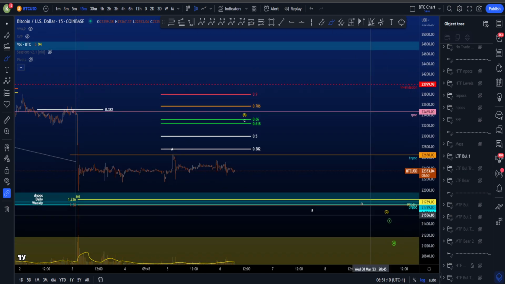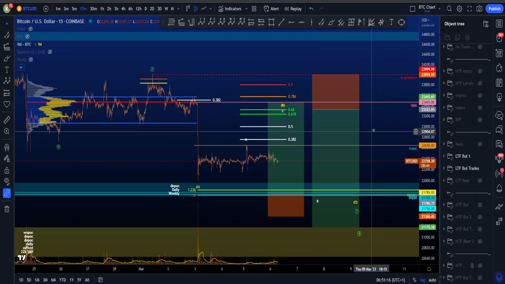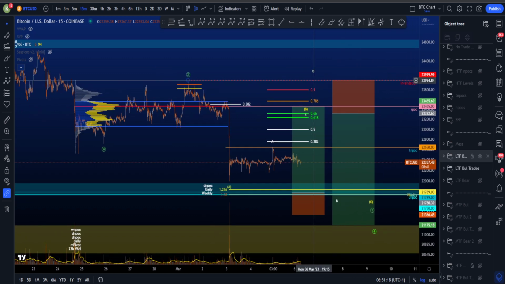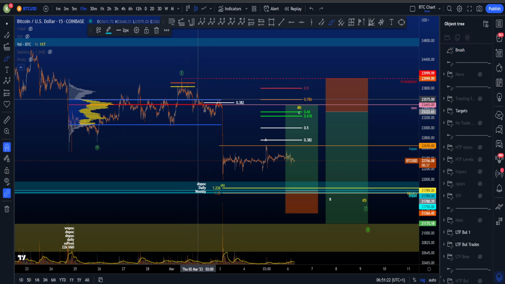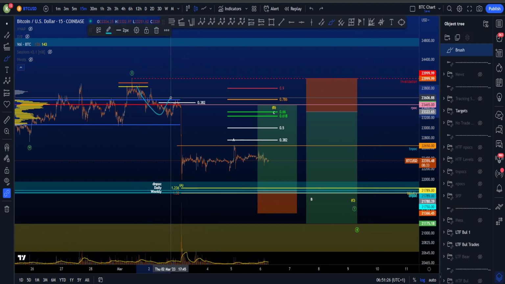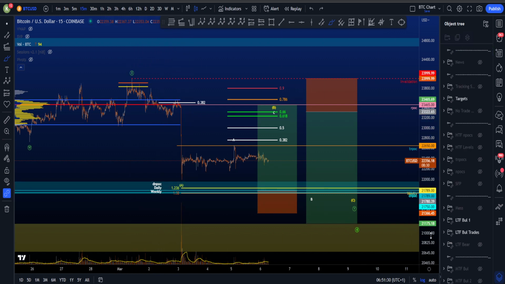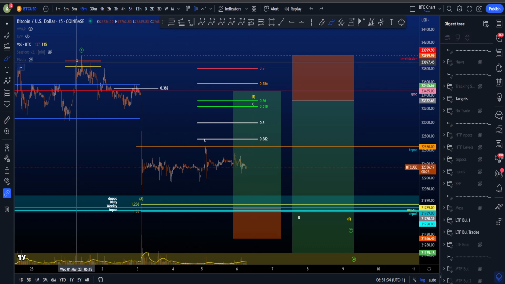Then on the lower time frame, these are the scenarios that I love to show, with currently this being my preferred scenario with the potential trading setups here as well. So currently, again, we have the low of W, high of X, and we're currently in this Y. Over here, I have this as a three-wave structure, like an A, B, C with a very extended C. And then also because this range has been so long, it's a little bit weird to call this a 1,